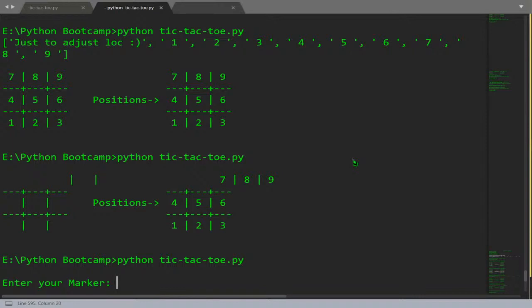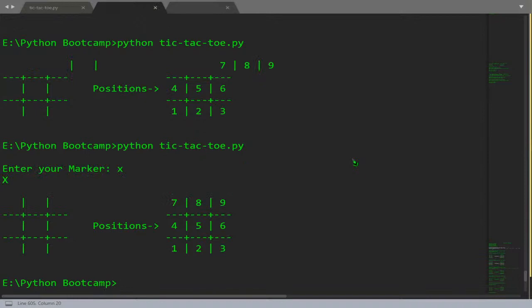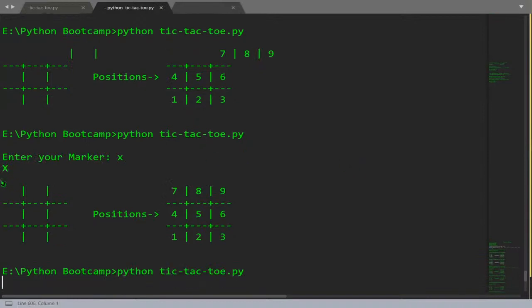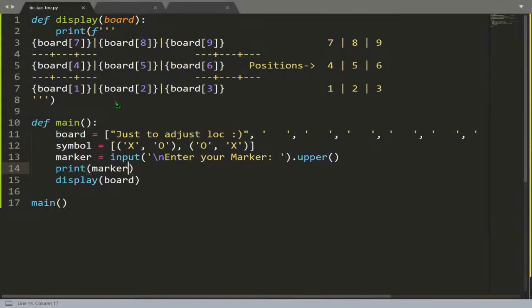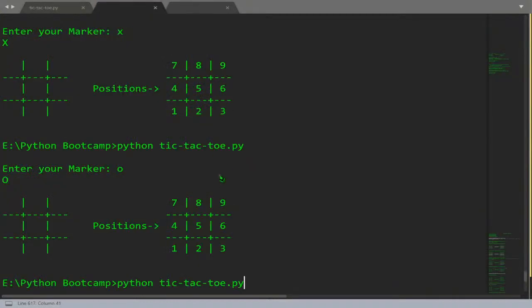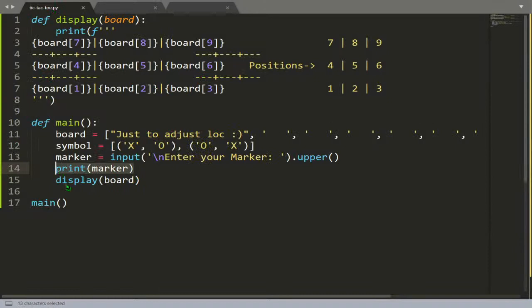Yeah, so first it asks us which marker do we want. So if I press X, it will print X. If I print O, it will print O. Now sometimes what might happen is by mistake we might give some other alphabet like A. That will just ruin the game. So we can build an if else thing which will take care of it. So if marker is equal to, because we are comparing,